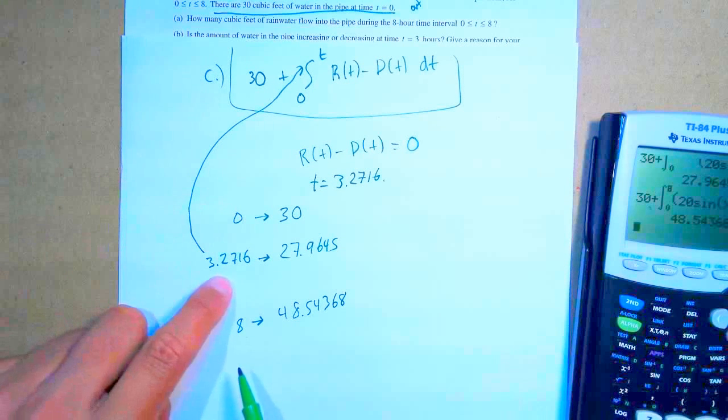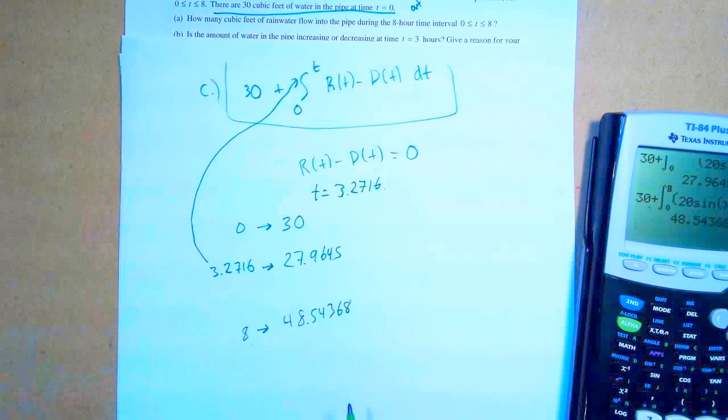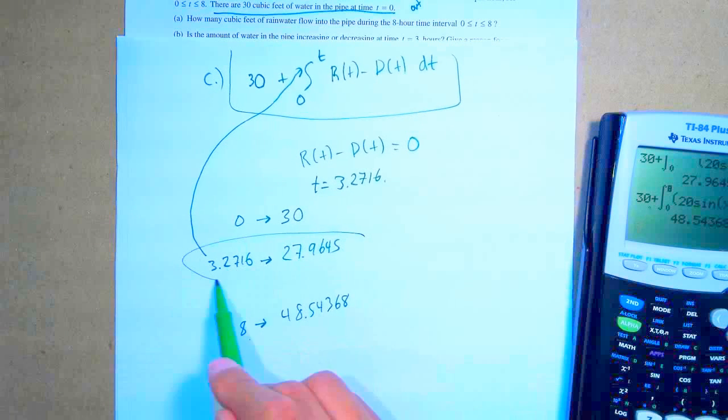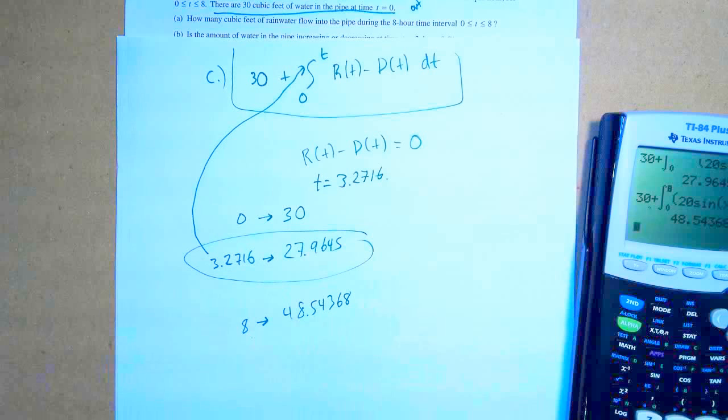So as of right now, I have my three possible values: my endpoints, because you always have to check them, and the critical number that you found when you set R of t minus D of t equals 0 in the calculator. I got these three values. Well, which one is my lowest one, which is my minimum? This one right here. So therefore, your answer,